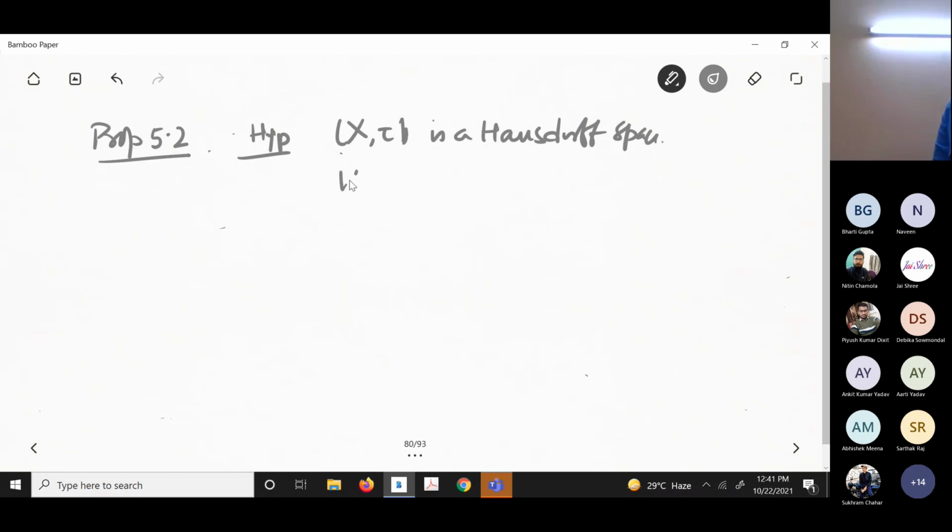And K, because if it is the empty set, there is nothing to prove. I won't go to the trouble. So K is non-empty, and K is compact. That means K is a non-empty compact set, and X is Hausdorff. These two are the hypotheses. And the conclusion: